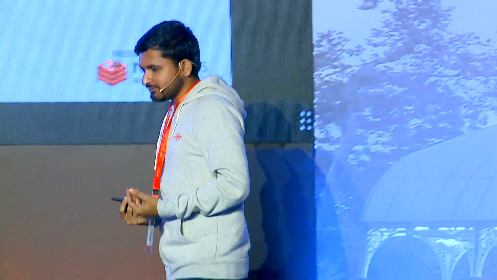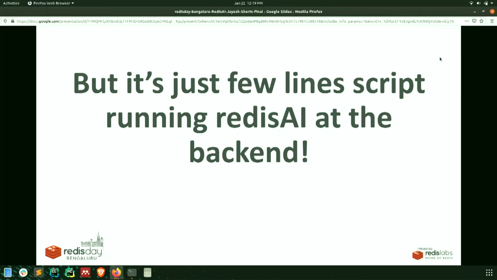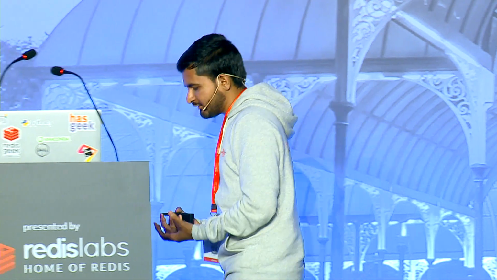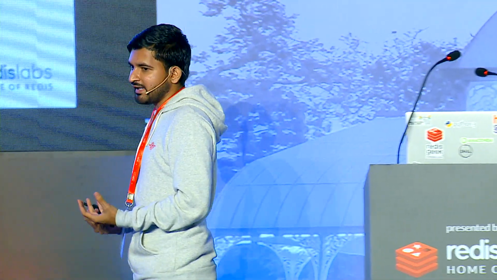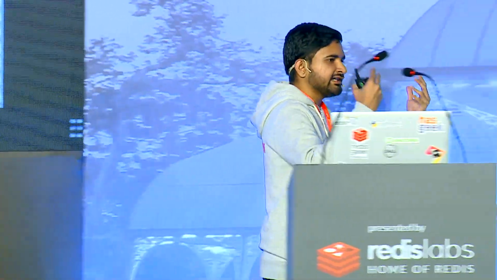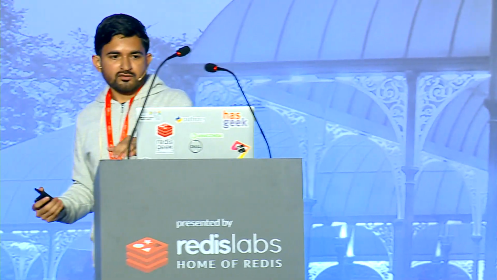If I tell you that this is just a few lines of script running in the backend, like 10, 15 lines of RedisAI code and 5 or 10 lines of Twilio API, will you believe it? This is a very basic use case which can be built very simply using RedisAI, and this can lead to very good applications. One of which I'm working on is a fake news detection service. You can just send a link on WhatsApp and find out if it's fake news or not. So it can lead to many applications.